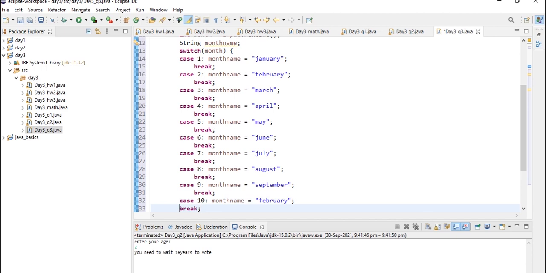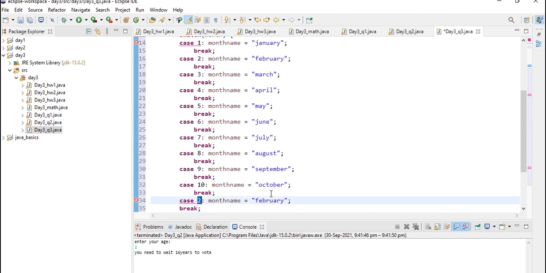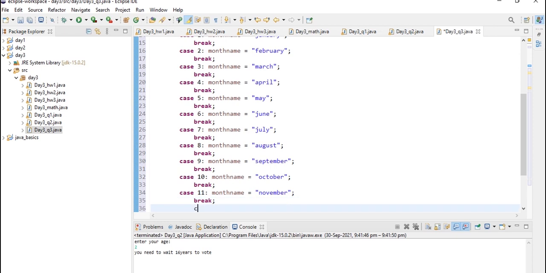Case 10, month name is October. And case 11, month name is November. Case 12, month name is December.